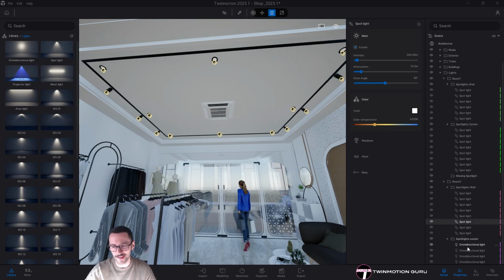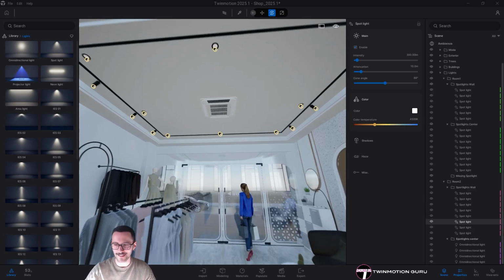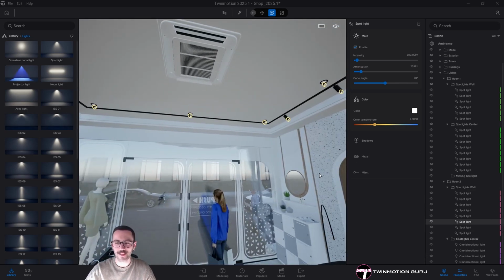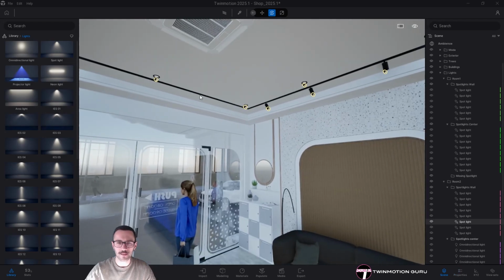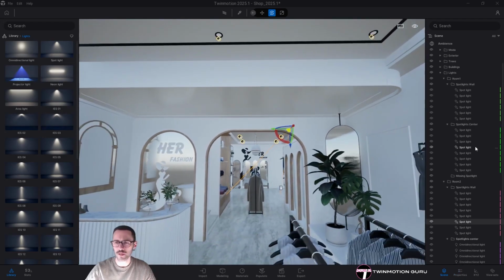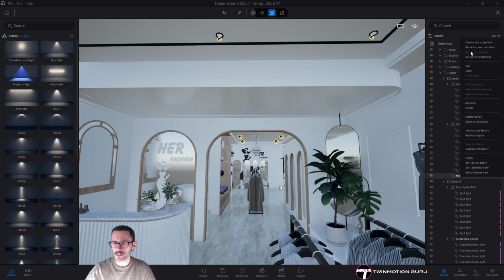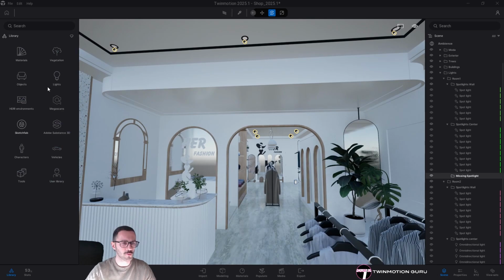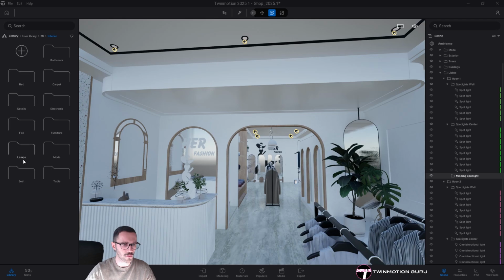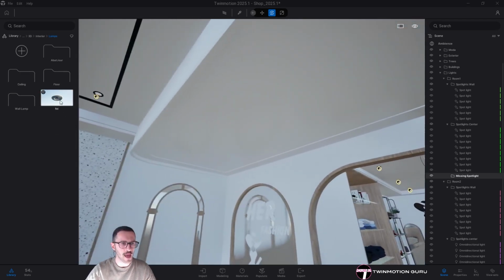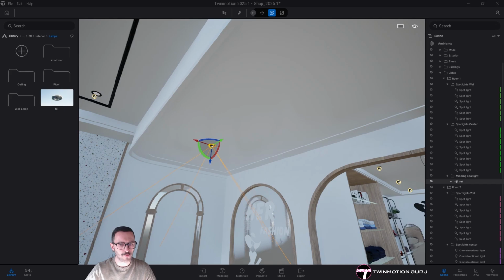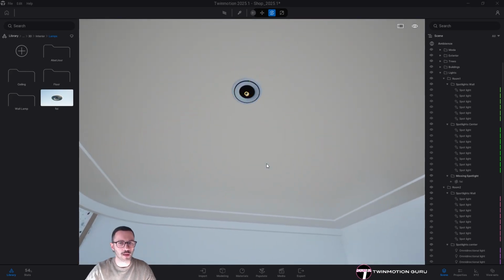Okay, the exact same thing applies for this one, but trust me, they are of course completely different groups. I don't know why Twinmotion is assigning this kind of color. I only added these lights, not this one, because here I'm just setting the active container. I'm not creating anything special, only moving inside my user library, interior lamps, and from here I just saved a 3D model of a spotlight, as you can see,